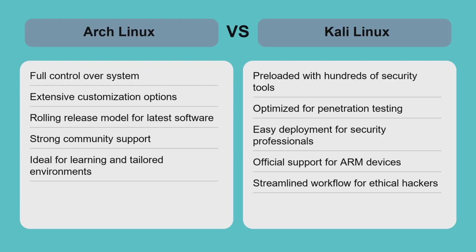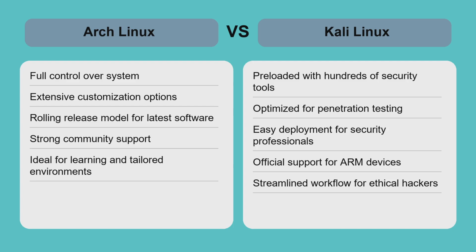When comparing Arch Linux and Kali Linux for security, the choice depends on your goals. Arch offers a customizable minimal base where you build your security setup, perfect for learning in tailored environments. Kali provides a specialized pre-configured toolkit optimized for penetration testing, saving time for professionals needing immediate access to security tools. Arch's rolling updates ensure you have the latest software but require active maintenance and Linux expertise.